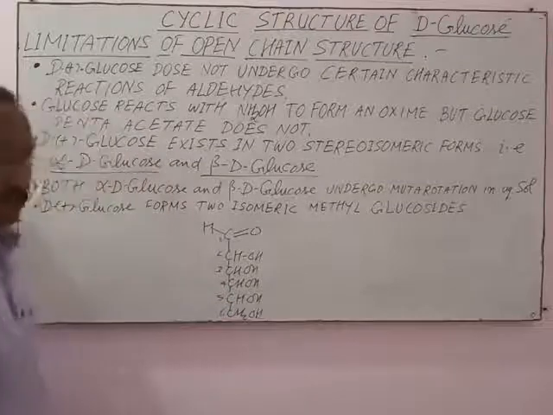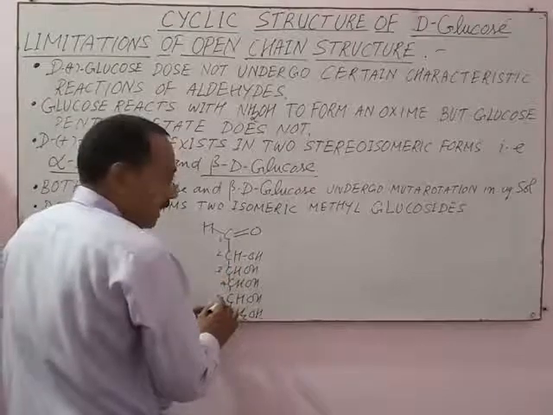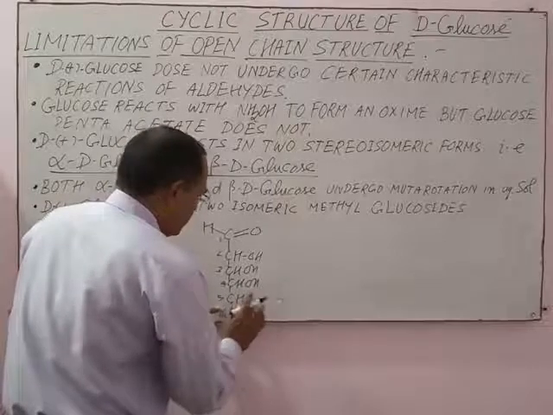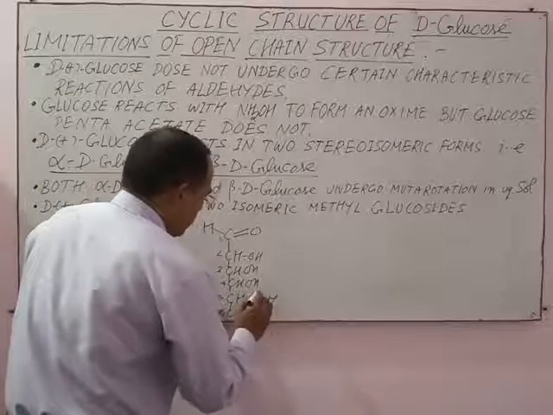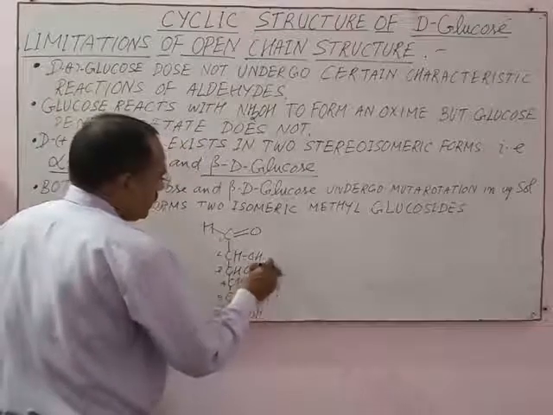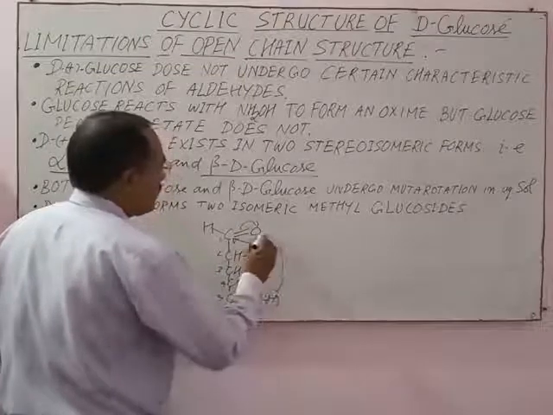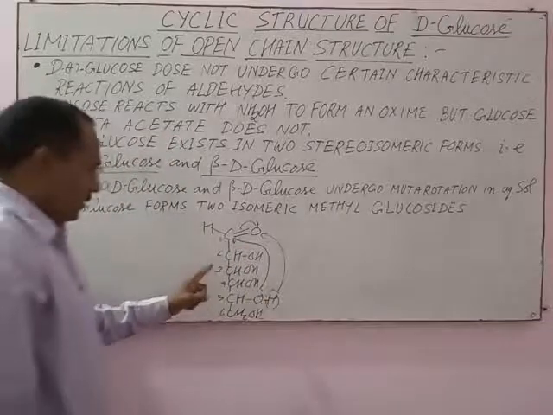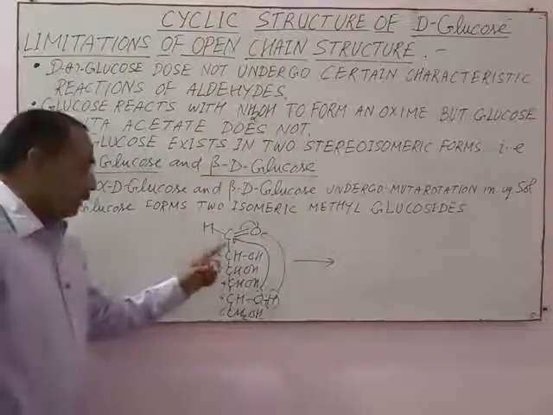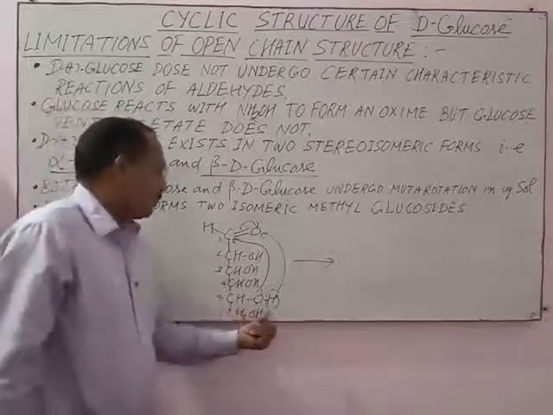This is the glucose molecule. Its most distant asymmetric carbon, that is carbon number 5, the OH group present on carbon number 5 interacts with the carbonyl group of the glucose molecule, which means an intramolecular interaction takes place between the aldehyde group and the alcoholic group present at the fifth carbon atom of the glucose molecule,